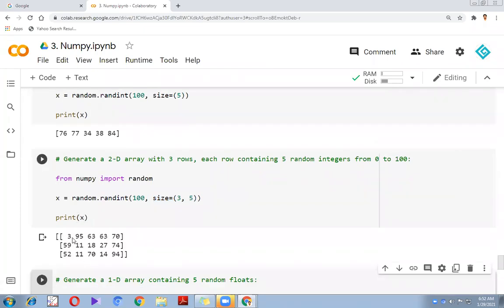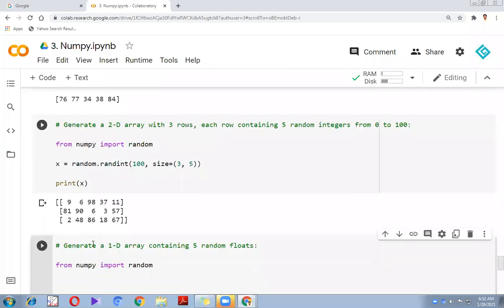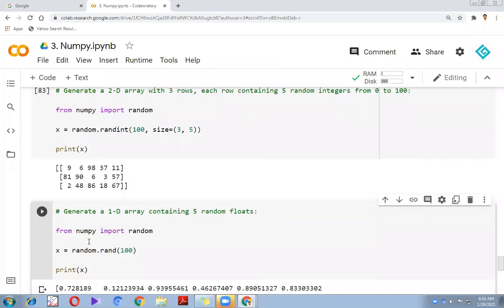So 3 rows, 5 columns. Initial outputs for the first run are 395, 63, etc. If you run it again, the values will be changed, and I'm not running it anymore, so you have understood fully. Okay, now say earlier we used